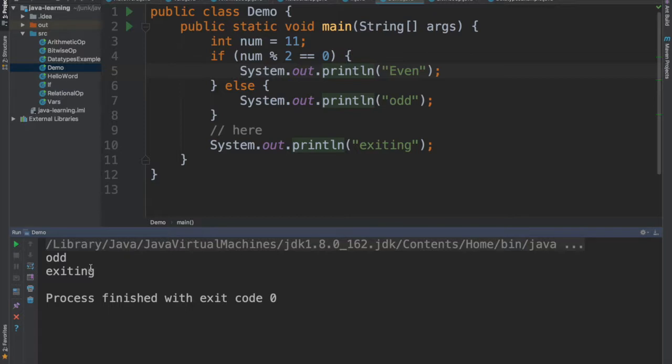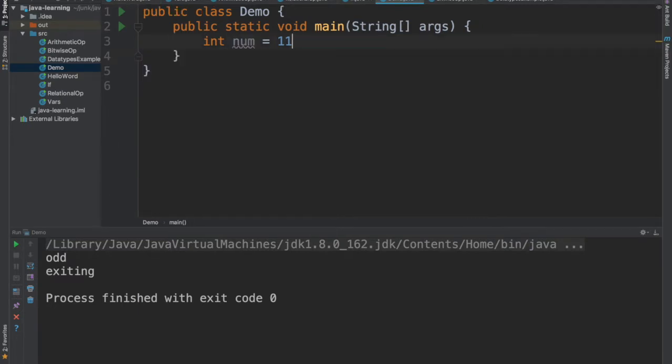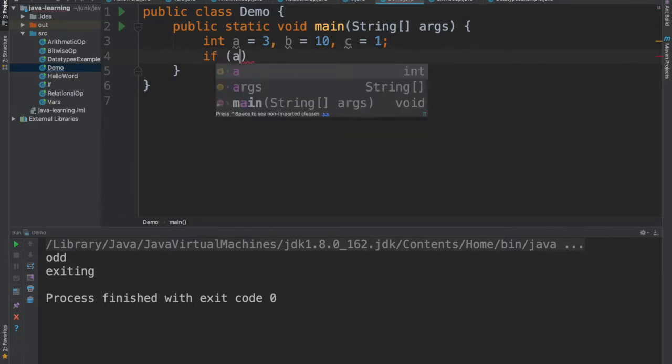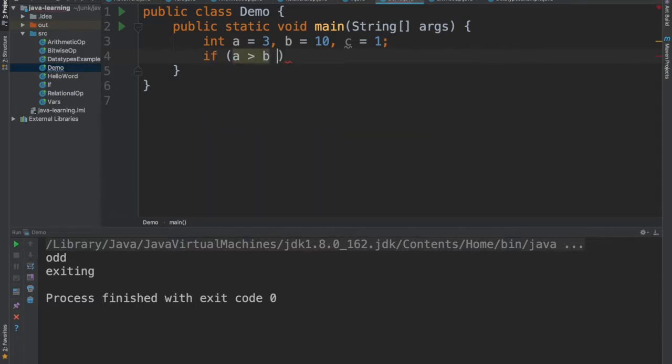We can use this in any combinations. We can have if inside an if, and if inside an else, anything like that. So a common example for something like that would be checking the greatest of 3 numbers. So let's remove this code now. So let's say we have a equal to 3, b equal to 10, and c equal to 1. So if we want to check which one of these 3 is greatest, we will first check if a is greater than b,